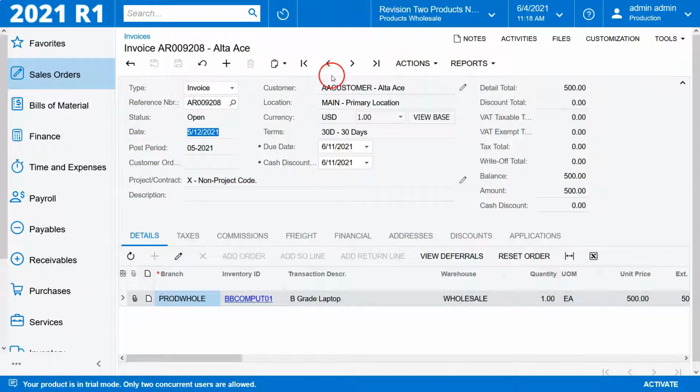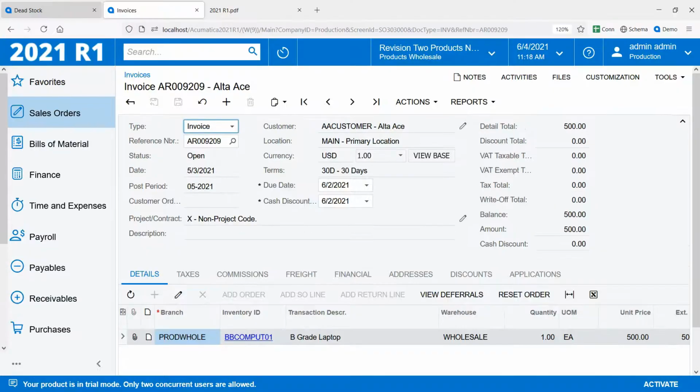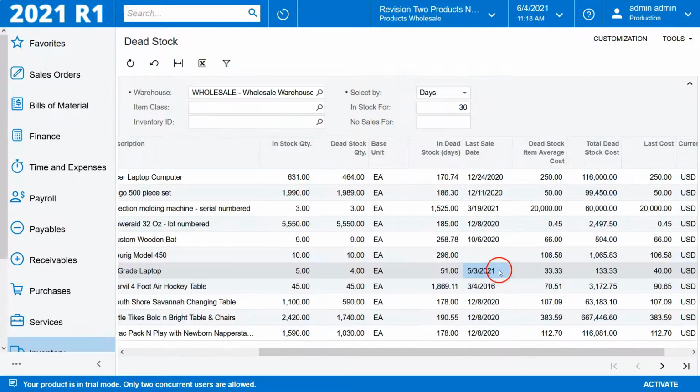from sales orders. This May 12th, I just went in and I created the invoice directly in the invoices screen. And then this other one here, I took it all the way from sales order to a shipment to an invoice. So it looks like right now only these get counted in the last sale date. Maybe that's a good idea, maybe that's a bad idea, but I think a nice to have would be a little more clarity around what exactly is happening in this last sale date, maybe some options to include or exclude